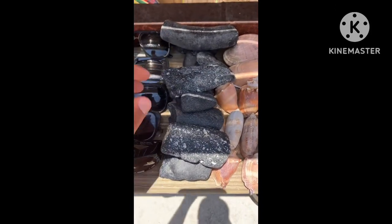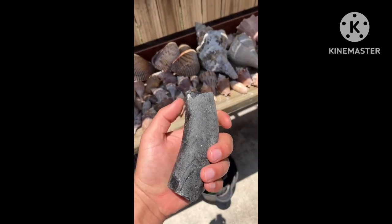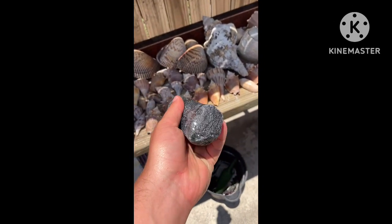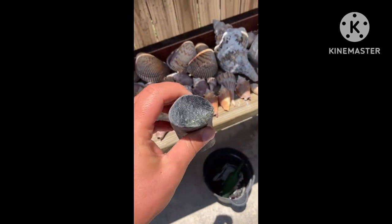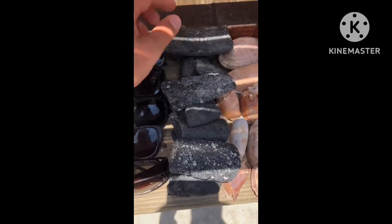Got a bunch of dugong rib bone fragments, some nice pieces. It's not a whole rib, but it's a big piece of a rib. It's cool to find it that clean out. No crustaceans or anything on them, and all in one piece. Got a bunch of other